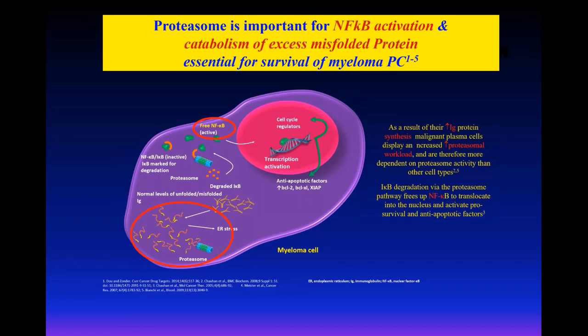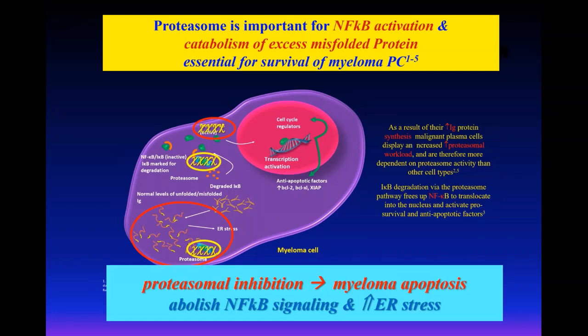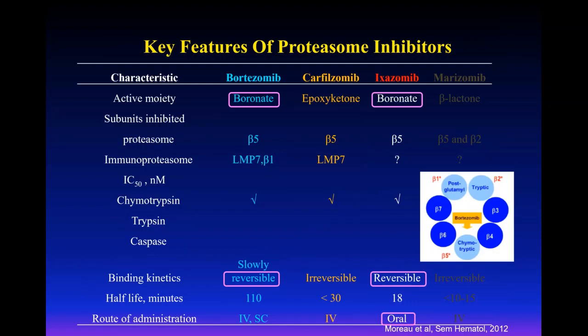You can imagine that the use of a proteasome inhibitor will abolish the NF-κB signaling pathway, and also eliminate the protection of the myeloma plasma cells from apoptosis by this ER stress, inherent with the high protein load. This table summarizes the different proteasome inhibitors now on the market. The first generation one is bortezomib, and now we also have carfilzomib and ixazomib. They are of different chemistry, but importantly, despite the different chemistry, all of them inhibit